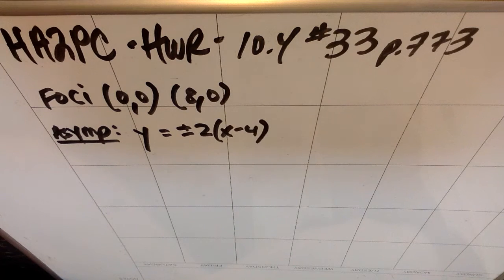Right, this is Honors Algebra 2 Pre-Calculus. We're doing homework review. This is 10.4 in Pre-Calculus. We're doing number 3 on page 773. So we're asked to find the equation of a hyperbola,